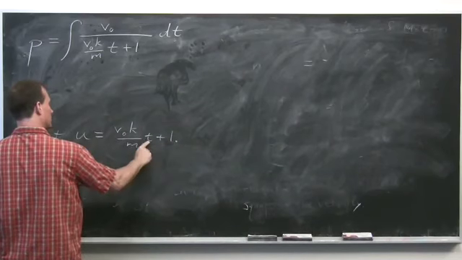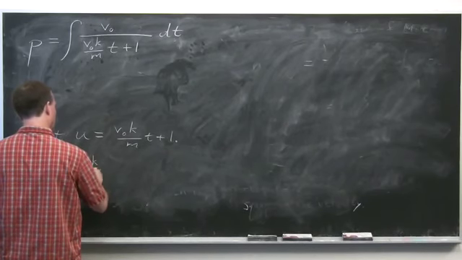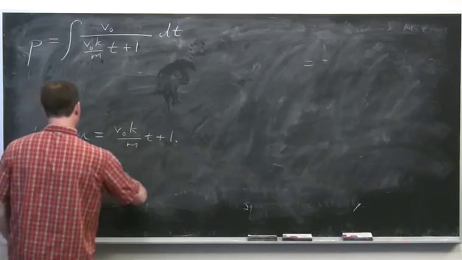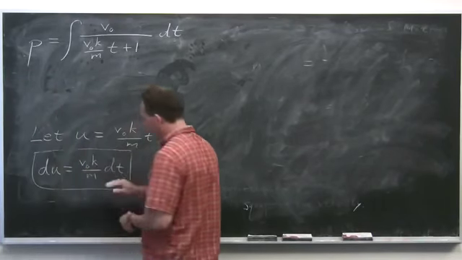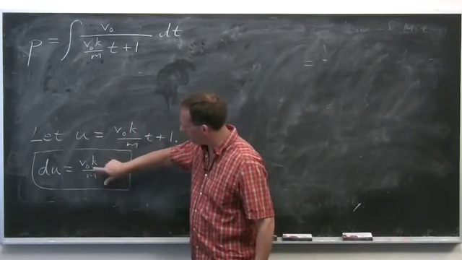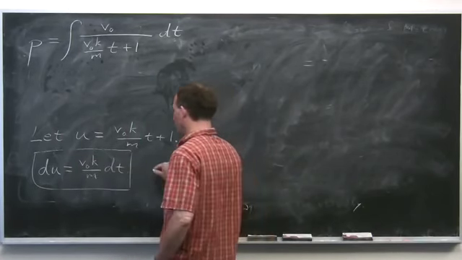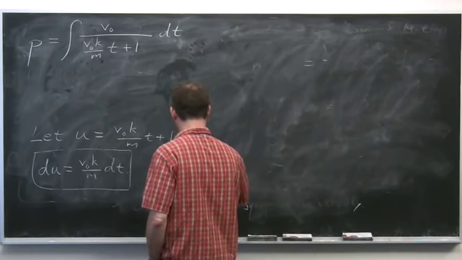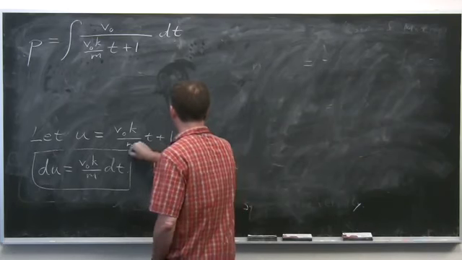Then du is the derivative of this with respect to t. Well, that part gives you a 0. Here you just get the constant. So you get the derivative of that with respect to t times dt. So du is this. Or taking the v naught k over m to the other side, we get dt equals m over v naught k times du. And so this integral